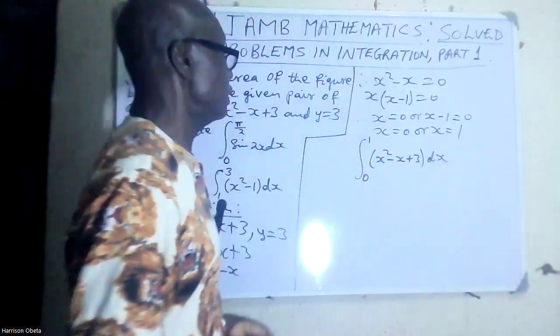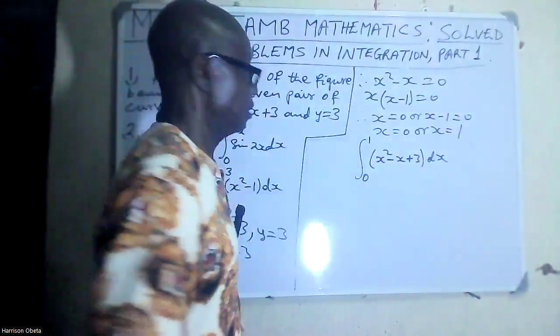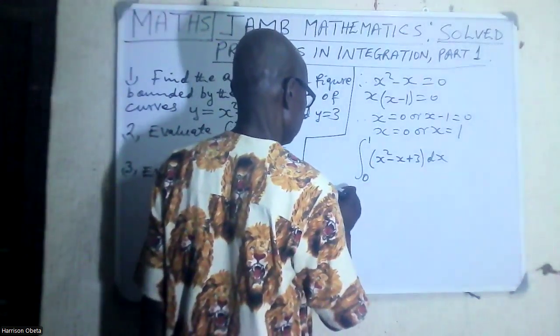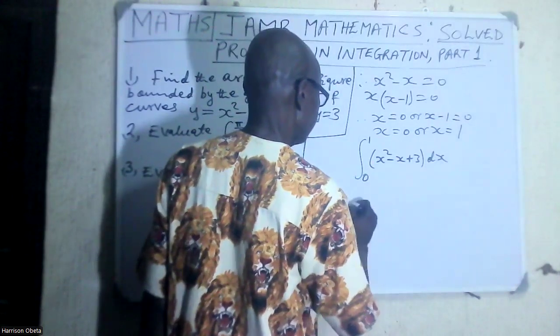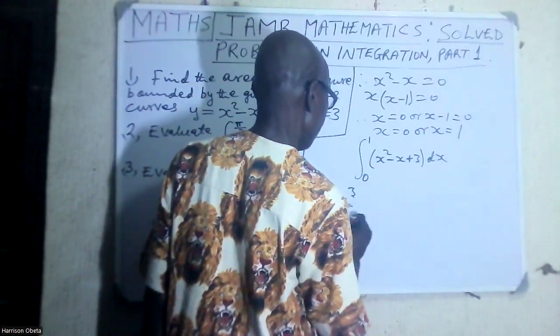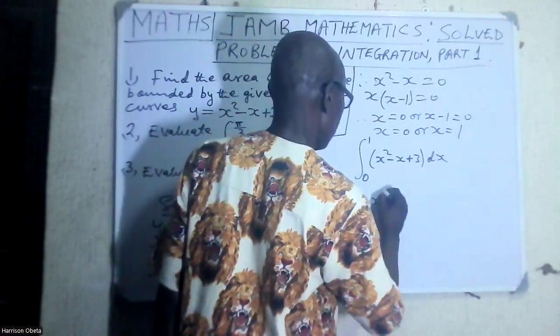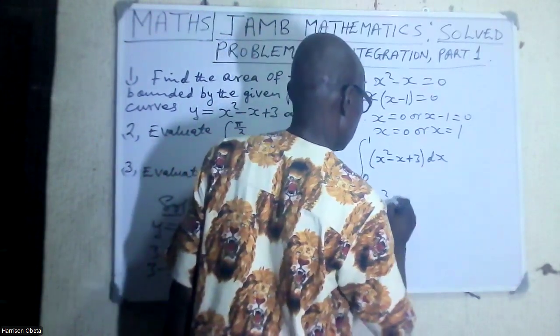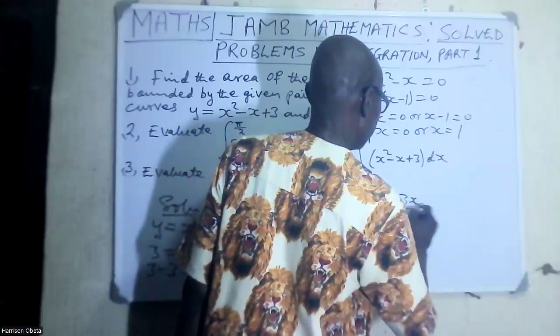So when you integrate, you now bring in the limits. And that will be x raised to power 3 over 3 minus x squared over 2 plus 3x over 1,